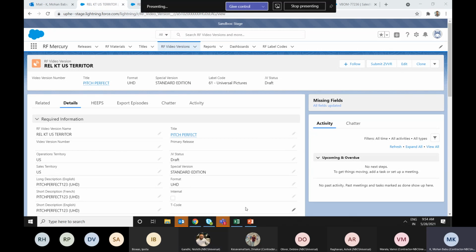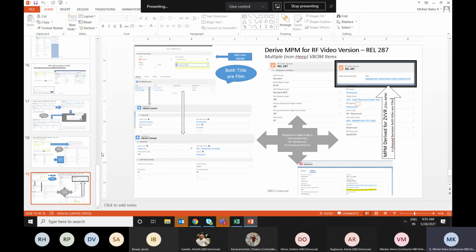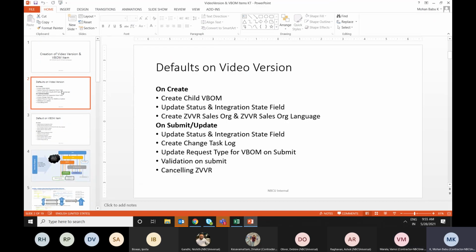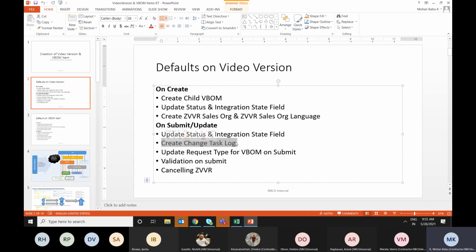Okay, so basically these are the key topics on the video version as well as the VBOM item: how we are creating the VBOMs, how the status is being created, how the cells are being created, how the request type and validation on submit cancel work. We have the validation on submit, I will show that one, and the create change task like we have seen yesterday.